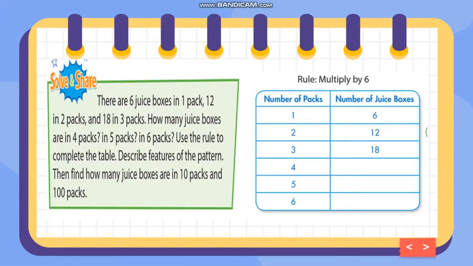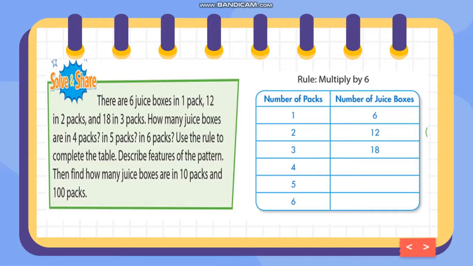There are 6 juice boxes in one pack, 12 in 2 packs, and 18 in 3 packs. How many juice boxes are in 4 packs? How about in 5 packs? And in 6 packs? Use the rule to complete the table. Describe features of the pattern, then find how many juice boxes are in 10 packs and